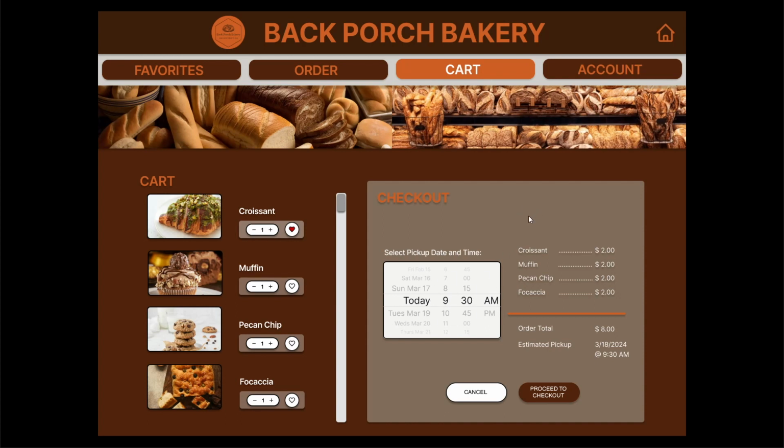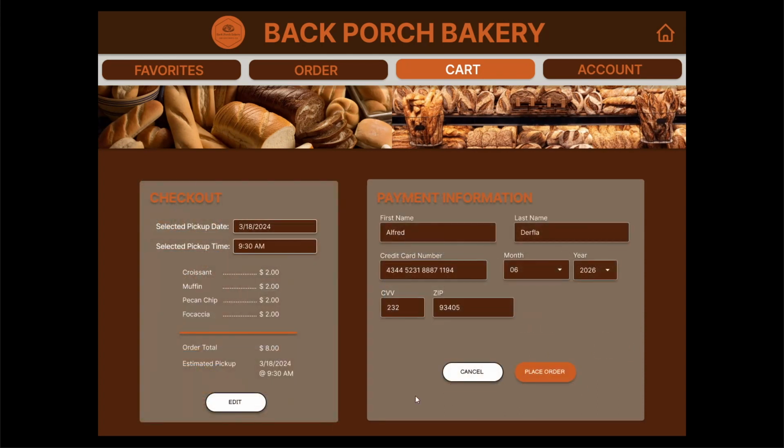They will have a price estimation or a price sum up right here that will show their order total and also their estimated pickup time, and then they can click proceed to checkout. That will bring them to another cart screen where a summary of their checkout information is on the left here. They have the option to go back and edit that,